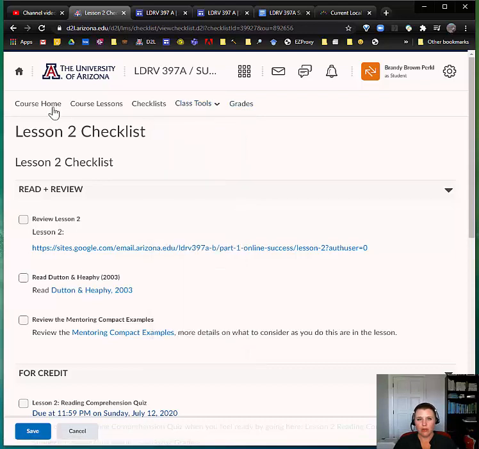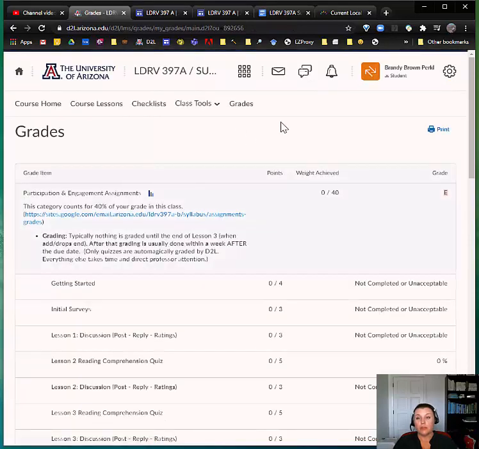But the other tool I want to point out is the only other one that we have linked here, and that's the grades tool. So we do our best to make sure that the grade book talks to you, kind of, and ideally make sure that you know where you stand at all times. If I was a real student and we had passed probably like the second week of the class, usually your professor will turn on an option that shows you your final grade calculation as it goes throughout the class. So that would usually come up at the top, and it should have a little calculator next to it that shows you how you're getting that grade as well.